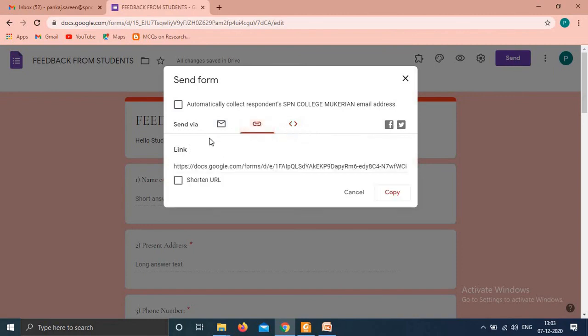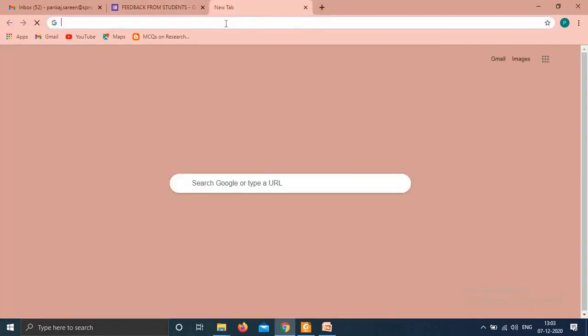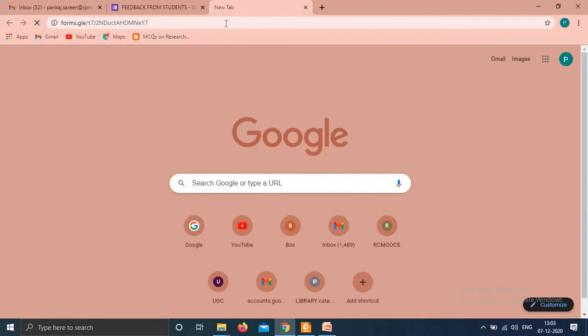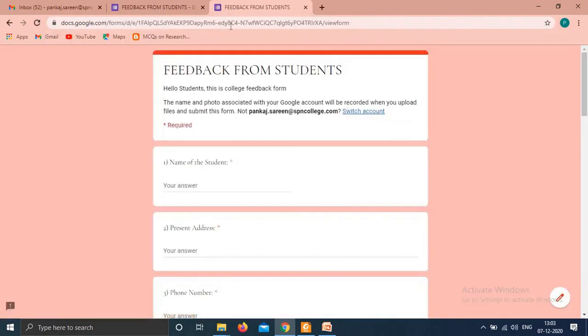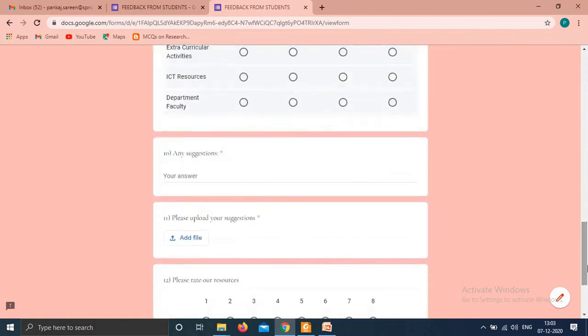And you can get the link of this form from here, and if you want the short link, just click here and you can get the short link. Just copy it, and you can send this link to anyone, and the form will be shown to them.